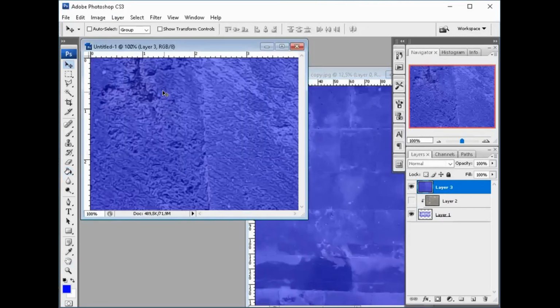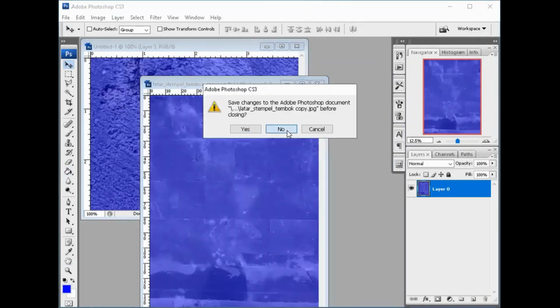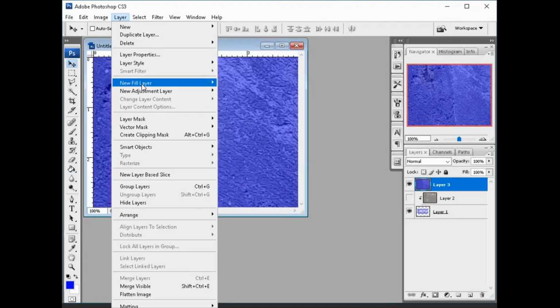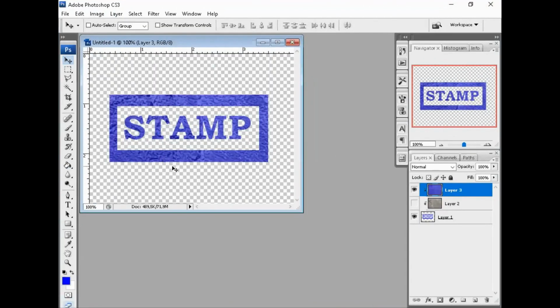Okay, let's try. Okay, this hidden layer. So Layer, create clipping mask. Okay, that's the result. You can see the result.